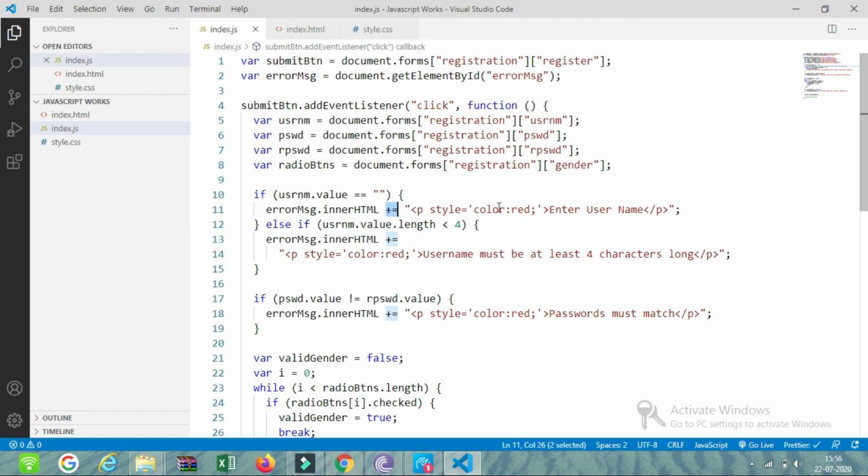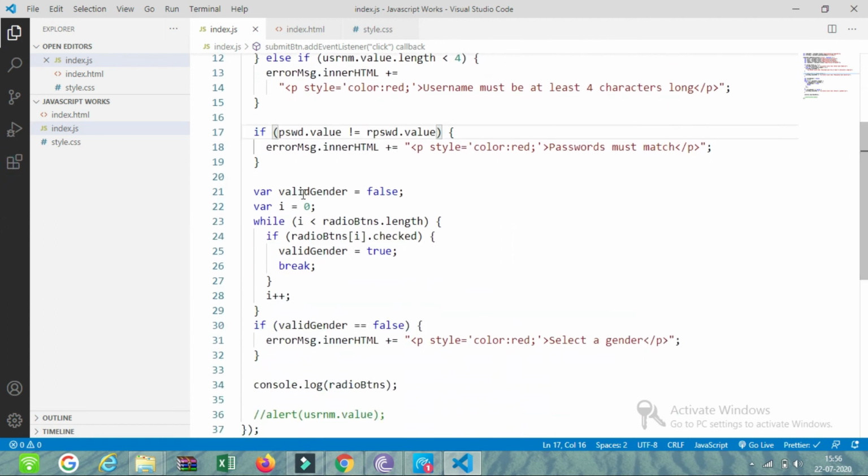Then we checked whether username dot value dot length is less than 4, and then we print another error message. Then we checked whether the passwords match or not, and printed another error message. Then for checking the radio button, we first set the valid gender variable as false.